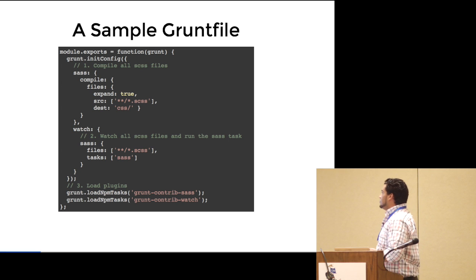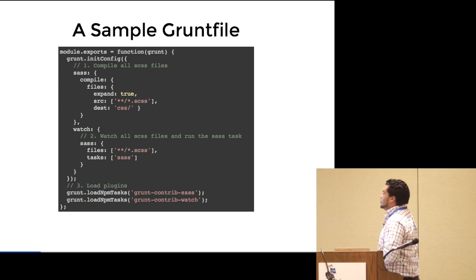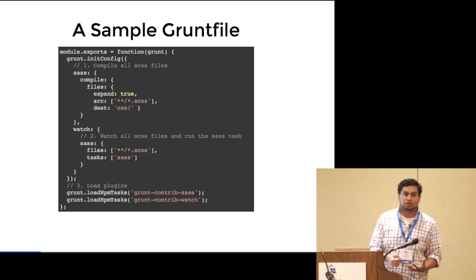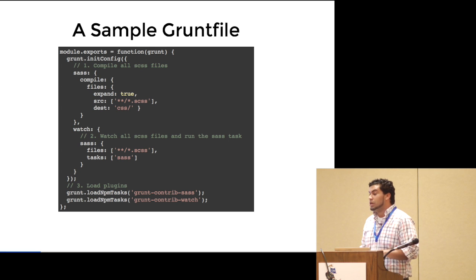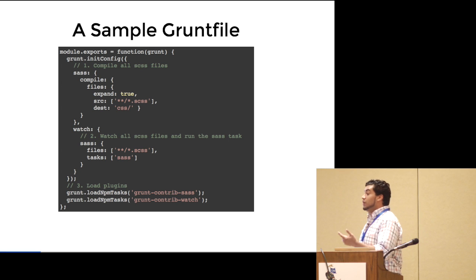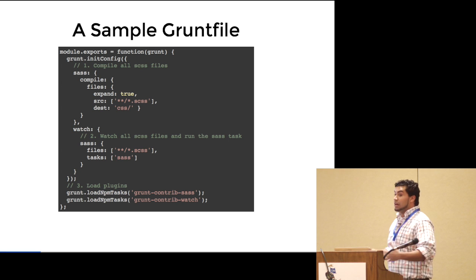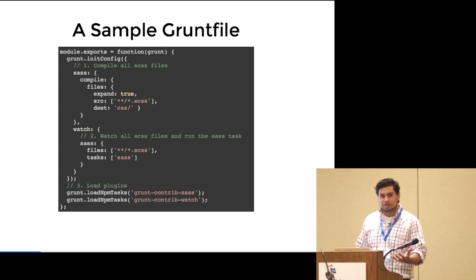To dig into this just very quickly, we have the same compile target for Sass. That's the first point there. And then we have a watch task, and that watch task is basically instructing Grunt. I'll talk a little bit more about the watcher, but basically it says, hey, if Sass files change, I want you to execute this particular task, which is the Sass task, that compile task. And then the third step is just loading up all of these plugins. Very declarative, but this is kind of the smallest set, and this is just for one preprocessor, and it